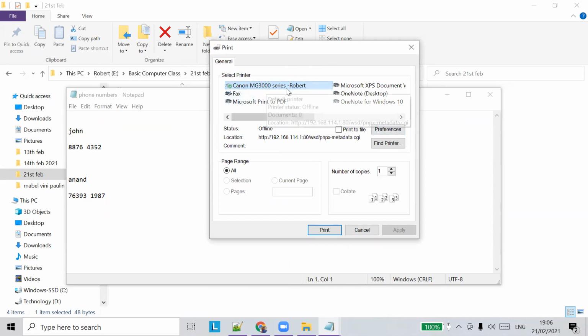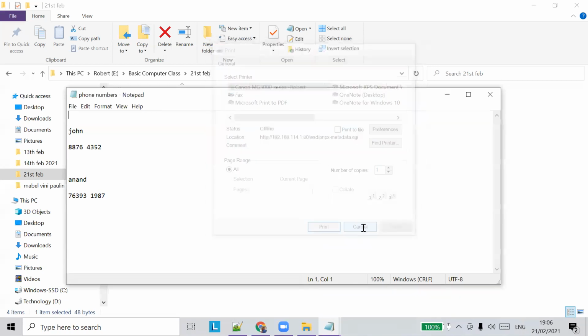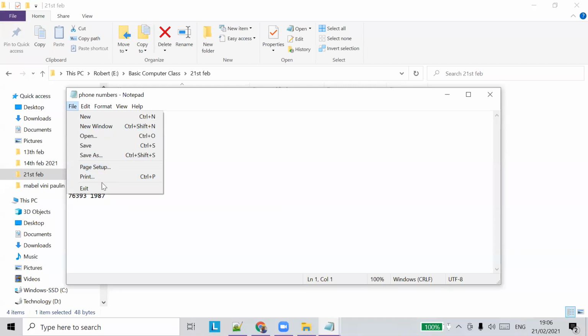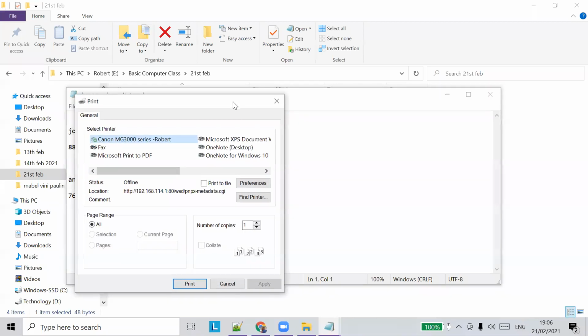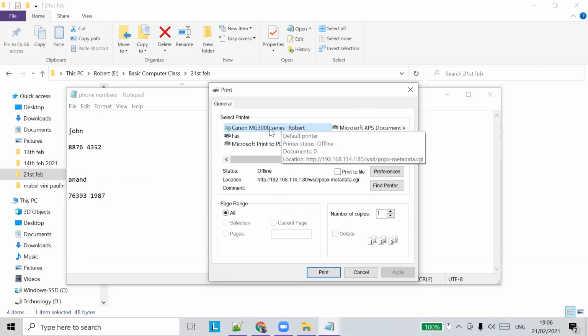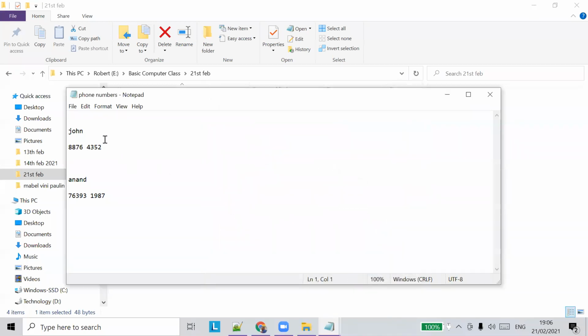So printing, you can choose a printer. If you print, you can just click print. Okay. So let's say you print a paper. This will work once the computer is already connected to a printer. My computer is already connected to a printer, so it's showing all the printers that are connected. I have a Canon MG3000 printer, so I can select this printer and say print, and the file will be printed. Okay. So that's how we print a file using Notepad.